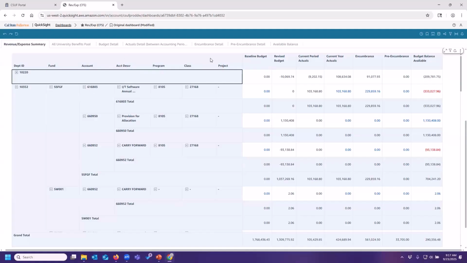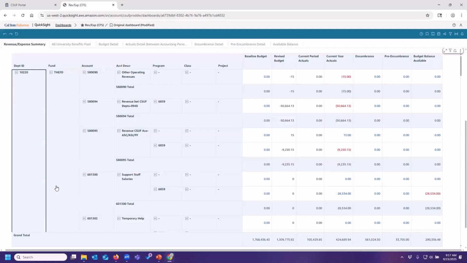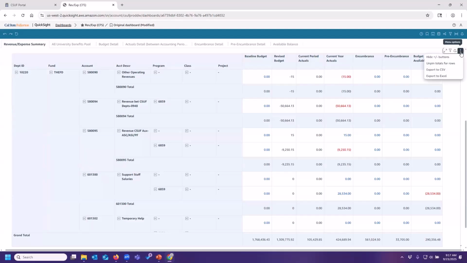And I can do this for any of these chart fields. And then when I'm ready to look at it again, I can just expand it. I kind of like this a little bit better than the collapsing and expanding, because with the collapse and expand, it kind of reruns the report a little bit each time you do that. And it's very fast, but I like this a little bit easier.